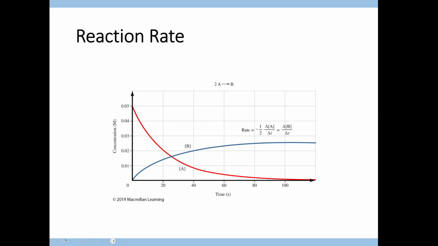Here's another reaction. Now notice we have 2A to B. So now we have a 2-to-1 molar ratio. And these are the 2 and the 1, these are the coefficients in the balanced chemical reaction. So we have a 2-to-1 molar ratio of A to B, which means 2 molecules, or we can talk about this in terms of moles,